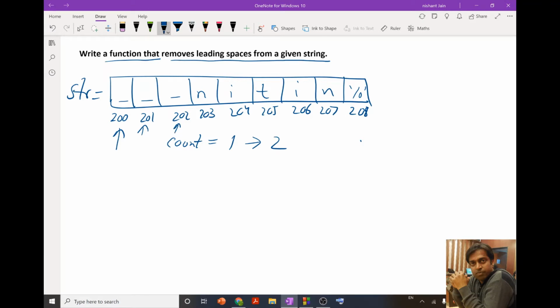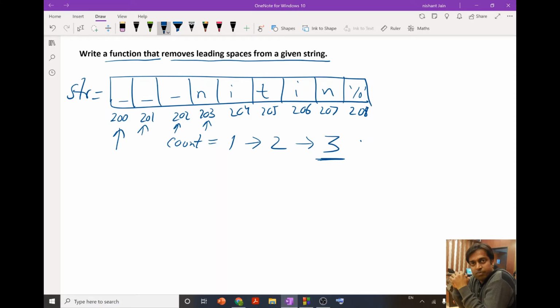Again it is a space, so we increment the count to 3. Then again we check the next character. Now since it is not a space, we have counted that the total number of spaces is 3. Now our task is to shift this n from address 203 to 200.